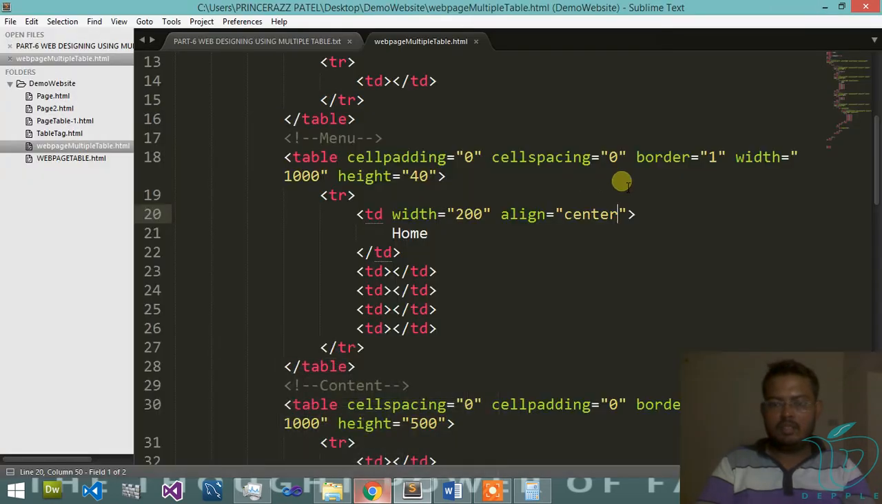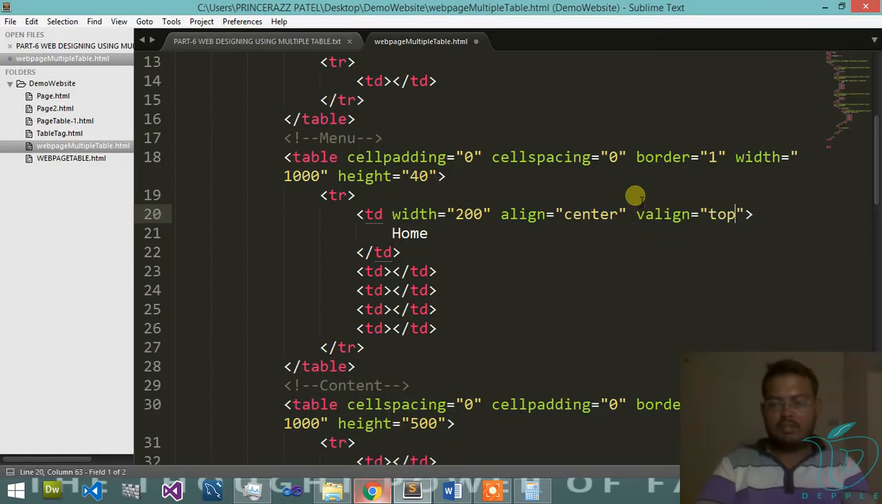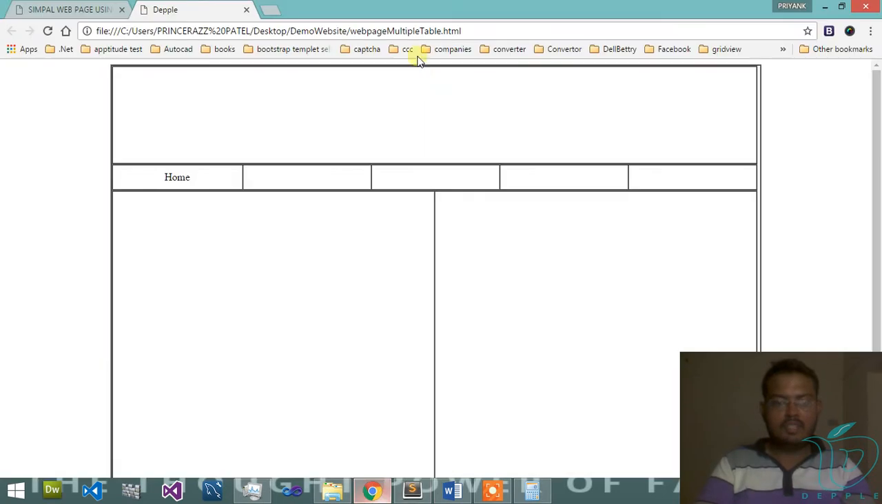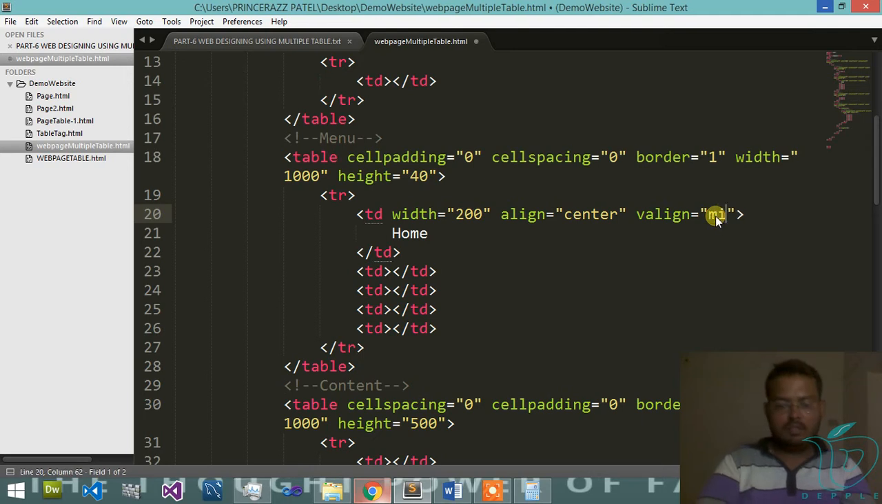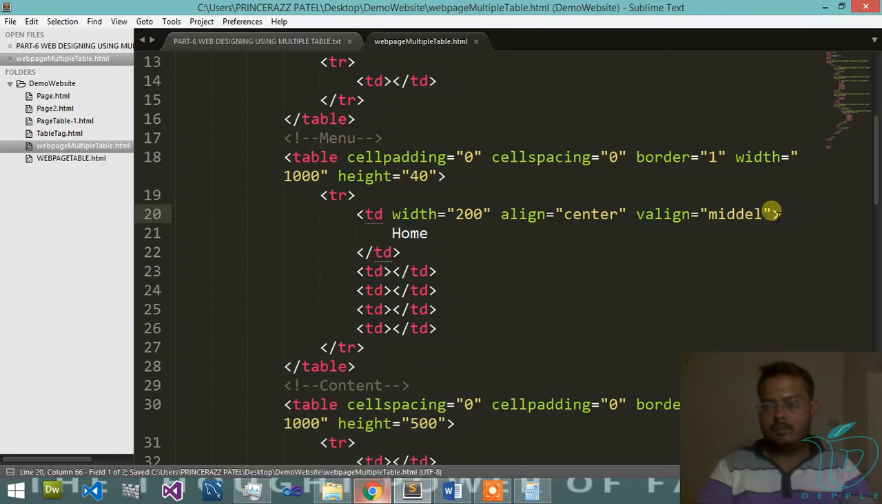And another property is valign. I provided top, so it looks like this in the column in home, but I want middle, then I provide middle. Okay, so it looks like this. Okay, then after this, all properties are copied and pasted in all columns